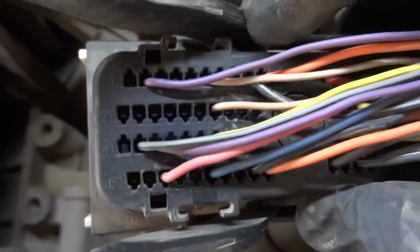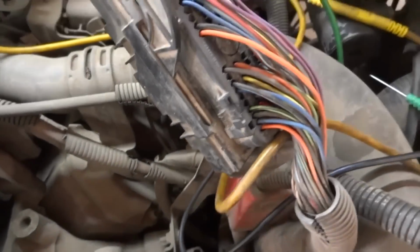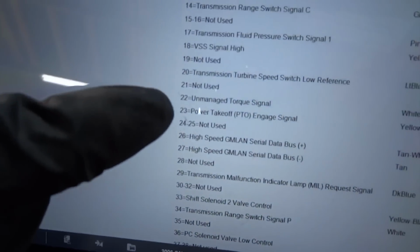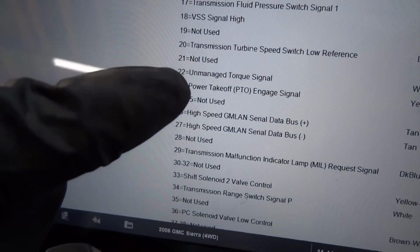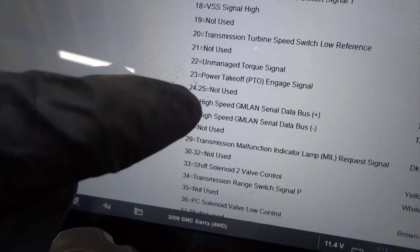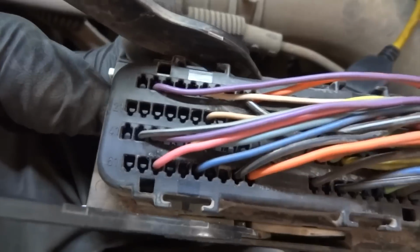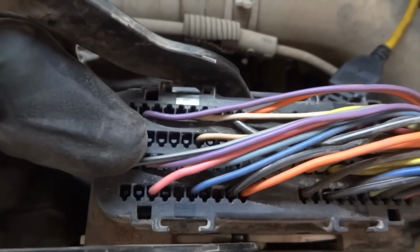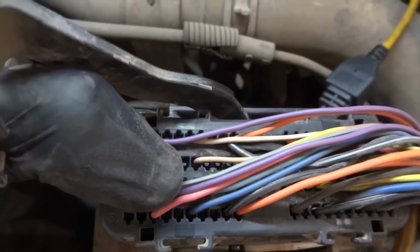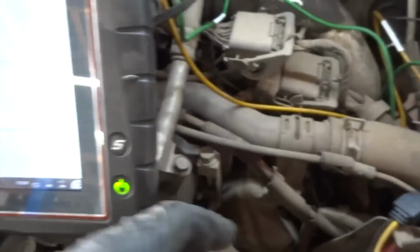Hold on, this doesn't make sense. Wait a minute, because this is not adding up, because 21 over here says not used and 22 says unmanaged torque signal, 23 is power takeoff, 25 and 24 are not used, and then 26 is the one we're supposed to check. Now when I'm counting here from 21 over here, so 21, 22, 23, 24, 25, 26, there's nothing, and then 27 is 10. I mean, it says over here 27,